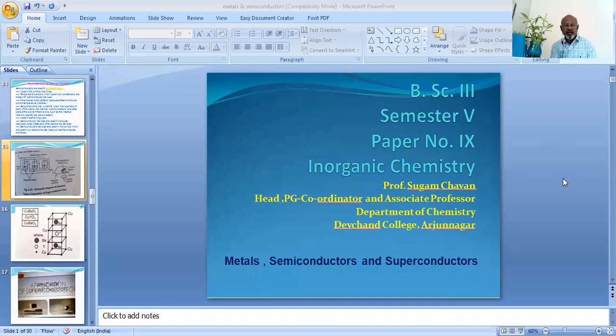Yesterday we studied that there are three different methods by which ceramic superconductors can be prepared, and a thin film of ceramic superconductor can be obtained. The methods that we discussed yesterday are the chemical deposition method, the chemical vapor deposition method, and the electrical deposition method. Amongst all these three methods, the chemical vapor deposition method, or what we call the CVD method, is the one that is used.